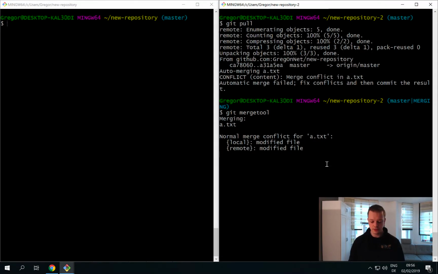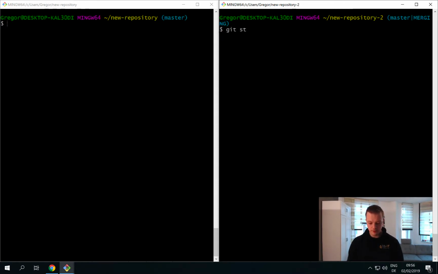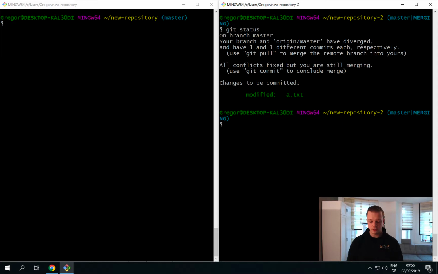Now I save this, and we will see that we are still in the merging status. We run git status one more time, and we see that we have some changes that can be committed. So this is our resolved file, and now we can run our git commit